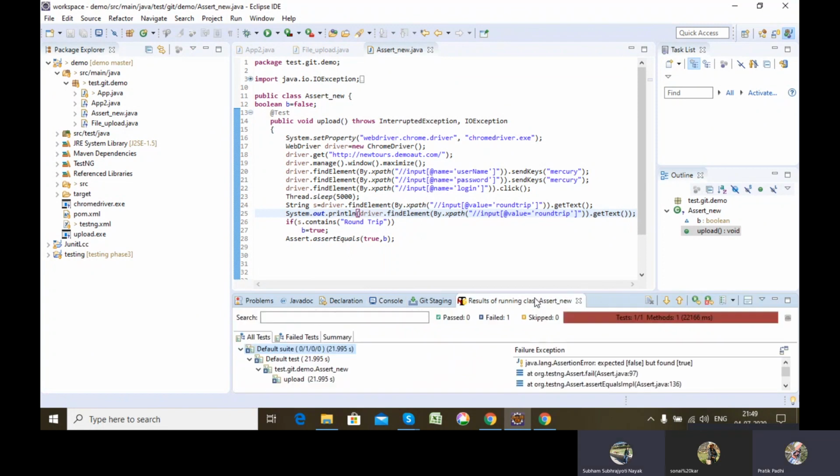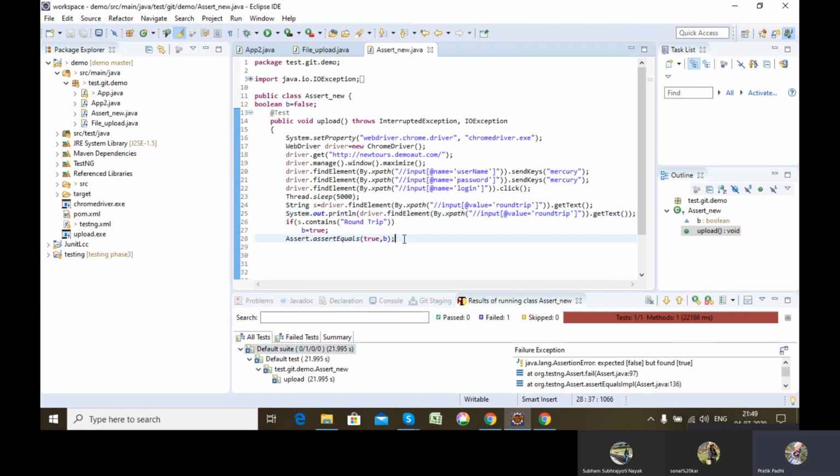So you saw that this particular test case failed. Earlier all my test cases were passing, but now my test case is failing. Earlier we had no checkpoint, so as a result all the test cases passed. But if I put a checkpoint, then my test case will fail.